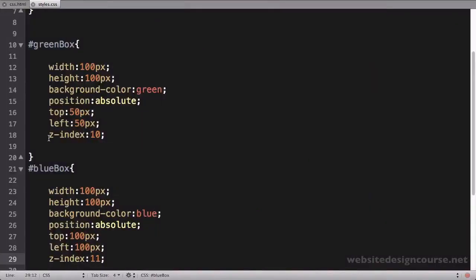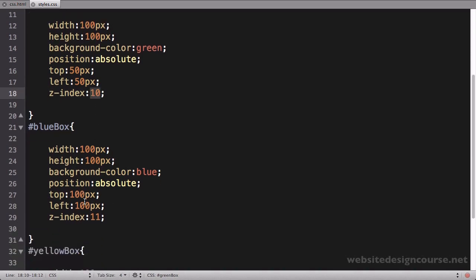So z-index is a way you can use to control the 3D or stacking nature of overlapping elements. And they're always just whole numbers. You can in fact do negative z-indexes to push something behind something else as well. The only thing I would recommend when you're doing z-indexes is don't stack your z-indexes with 10, 11, 12, because